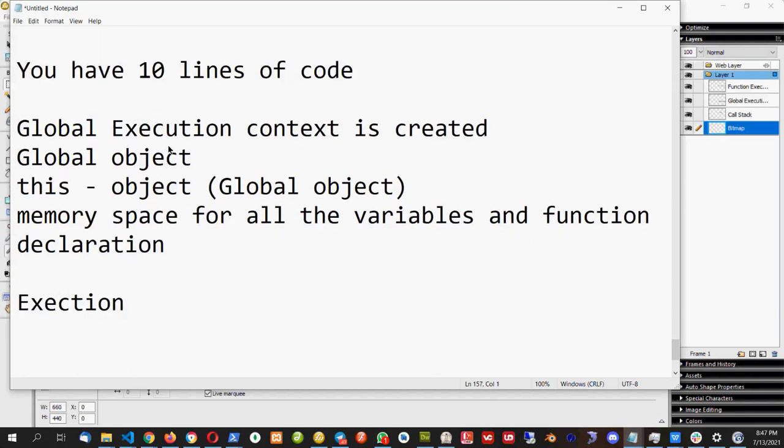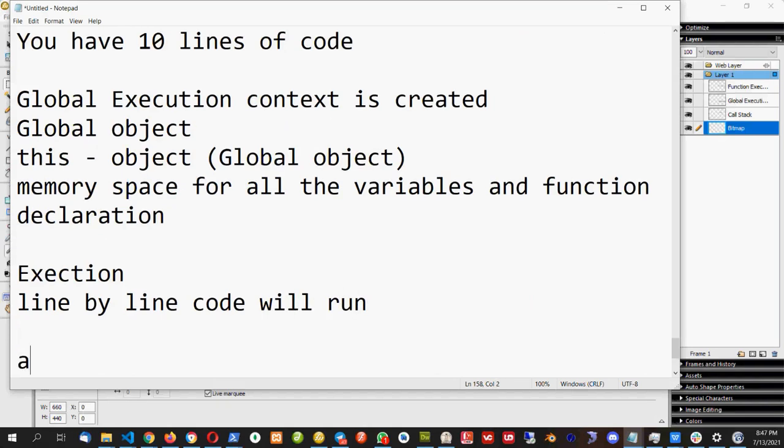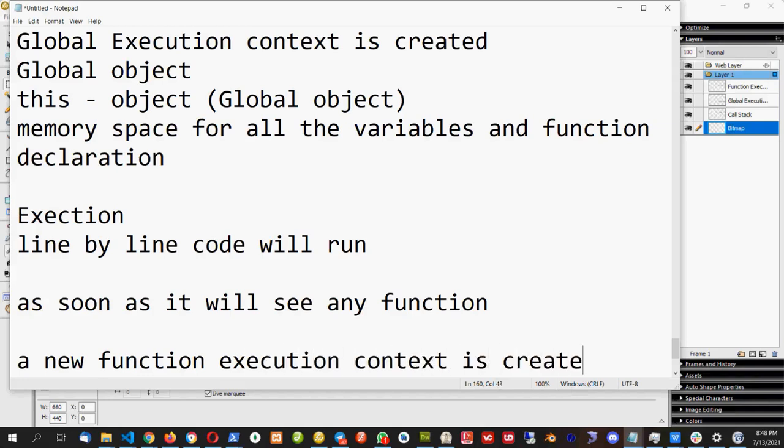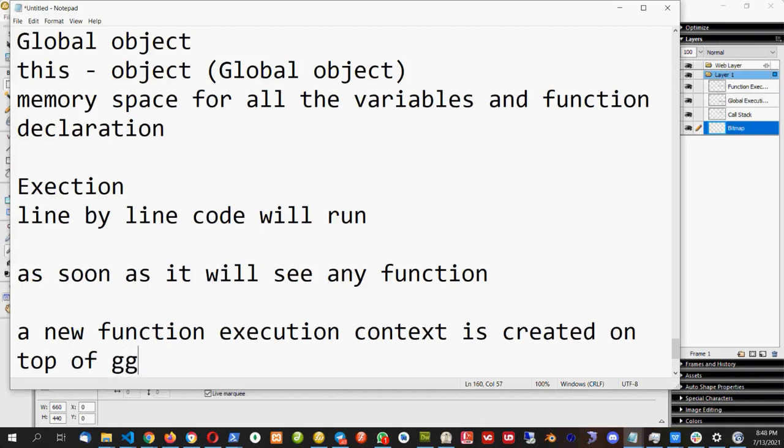In the execution phase, all the 10 lines of the code run line by line. And as soon as it sees any function, a new execution context called function execution context is created on top of the global